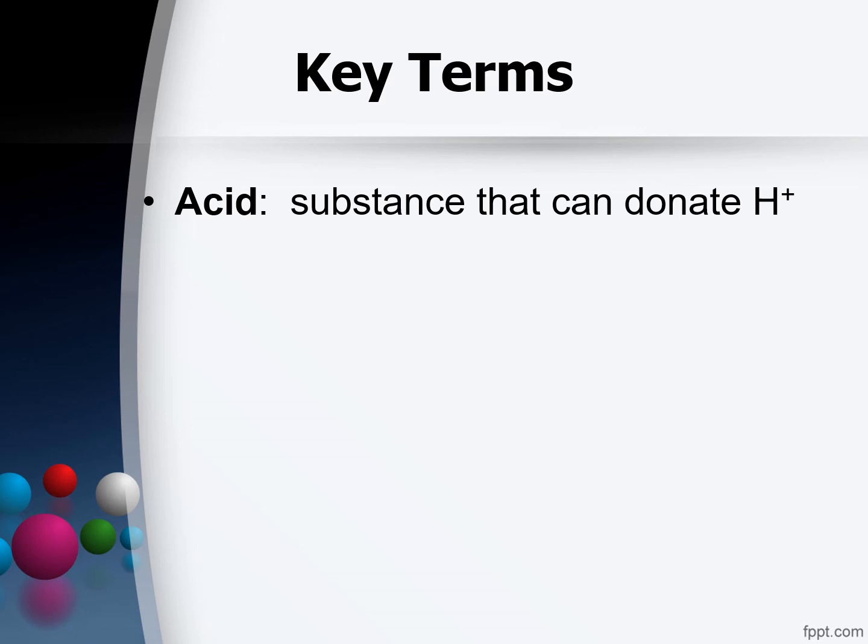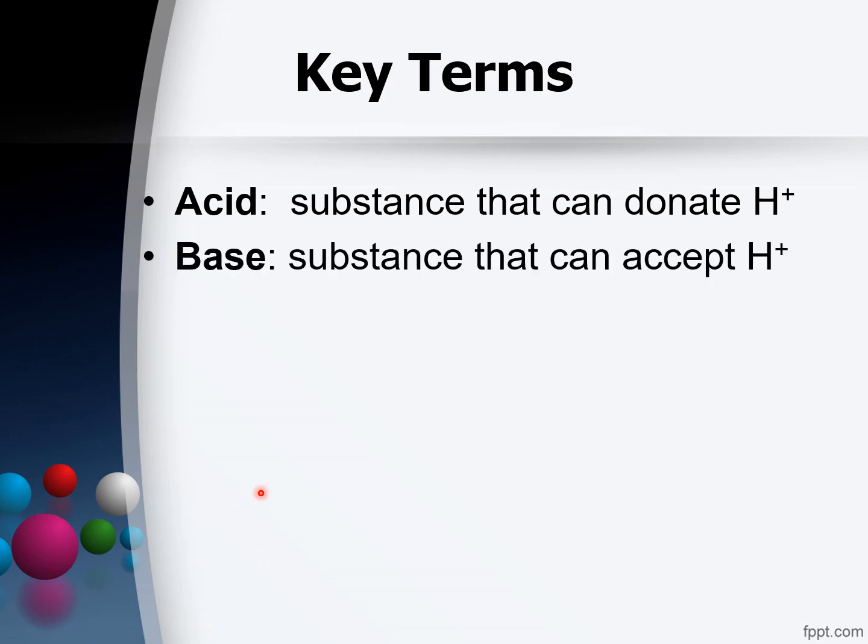As a review of the key terms, when we say acid, these are substances that can donate hydrogen ions. On the other hand, when we say base, these are substances that can accept hydrogen ions. So what are examples of acids? Examples are hydrochloric acid, nitric acid, ammonium, lactic acid, acetic acid, and carbonic acid, or H2CO3. Examples of bases are ammonia, lactate, acetate, and bicarbonate, or